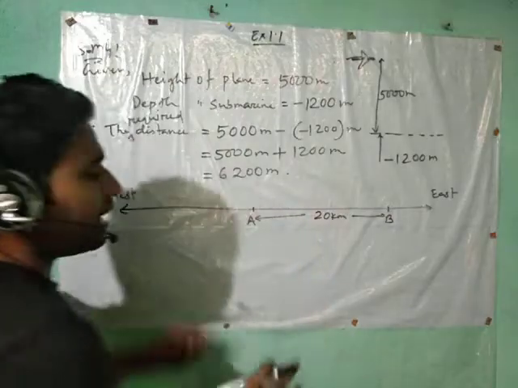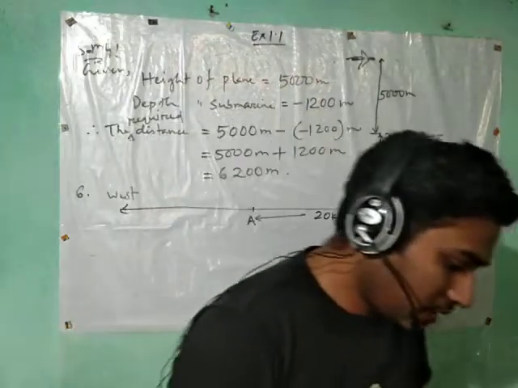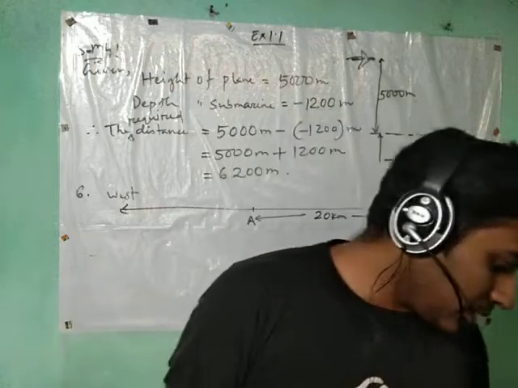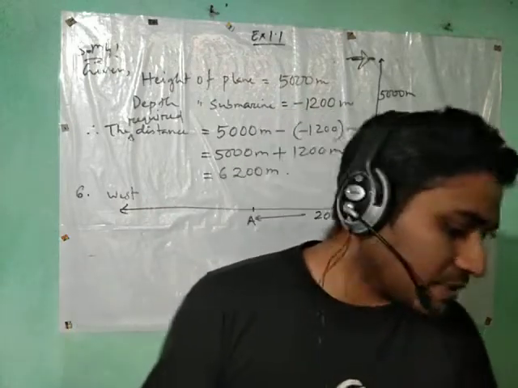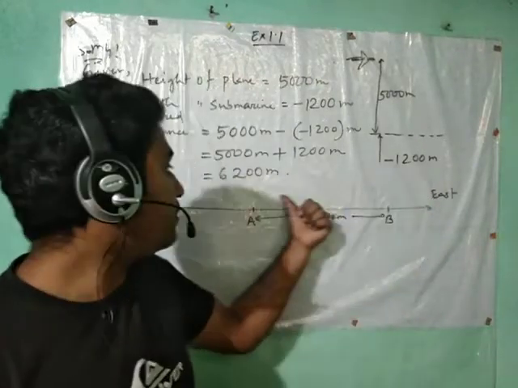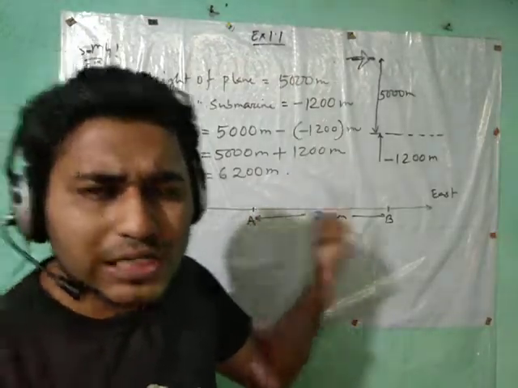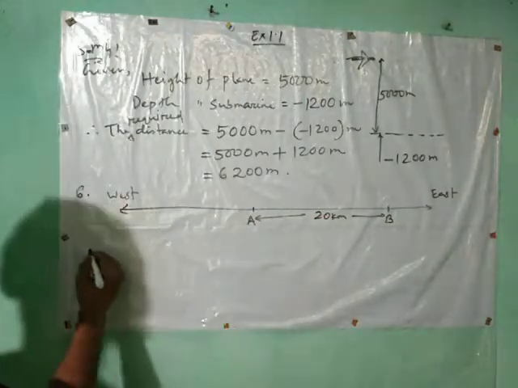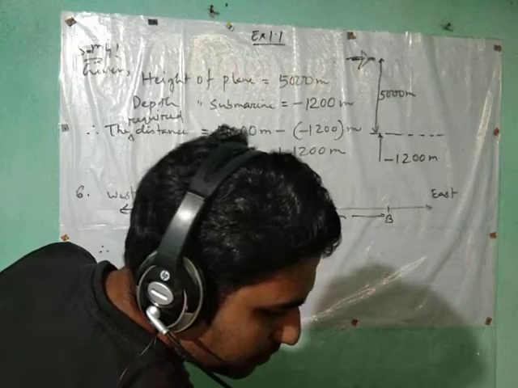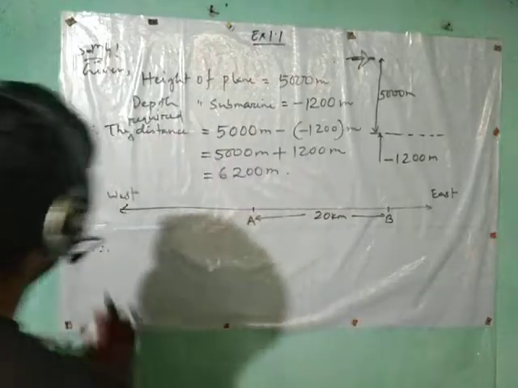That means if I consider along east as the positive direction, then, as one question is also asking in the first part, how will you represent the distance traveled towards the west? If it is already told that east is the positive direction, then the direction towards west will definitely be the opposite of positive. It will be negative. So you have to write here, therefore, there is no need to write it out, you can write directly. The distance traveled towards west